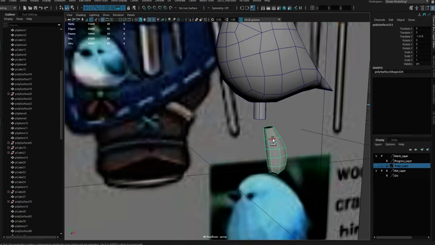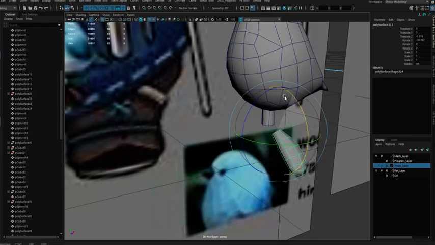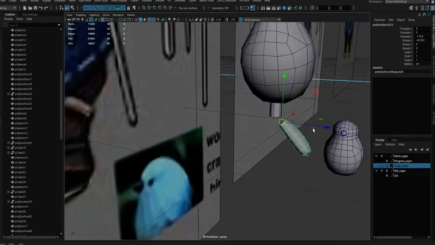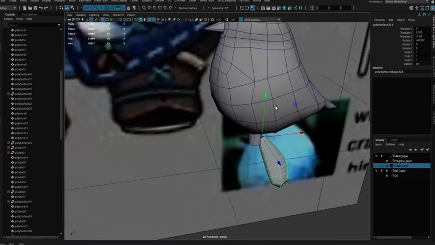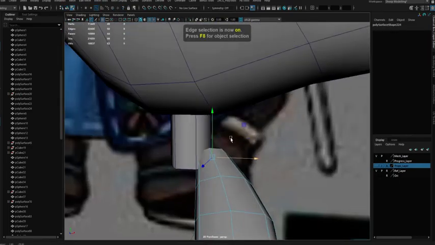So here we go. Bring this here, bring this here on the top, and bring this guy here like this. So I'm going to select these guys.